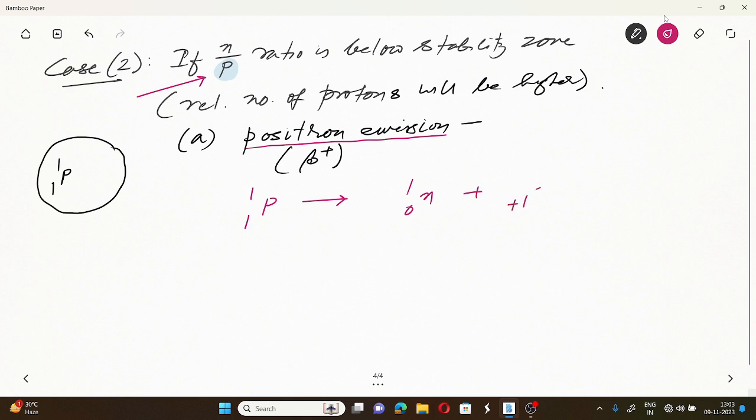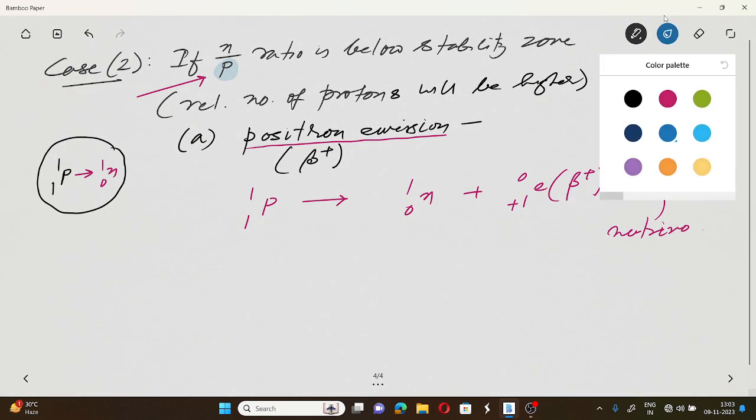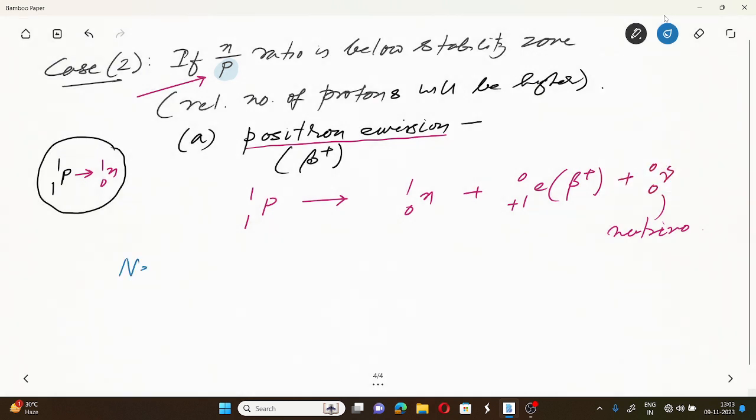So protons are converted to neutrons, and in order to balance the charge, beta plus বা positrons are emitted, and in order to balance the nuclear spins নিউট্রিনো তৈরি হচ্ছে। So protons are converted to neutrons, and along with emission of positron beta plus। বুঝতে পেরেছো? তার মানে if n by p ratio is below the stability zone, we should expect that there should be positron emission। Now if you look at neon